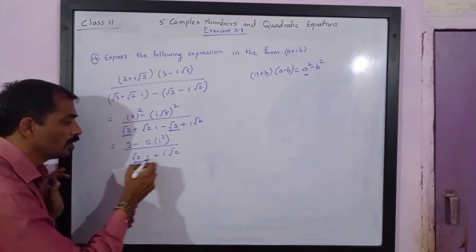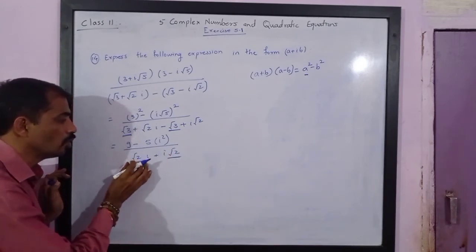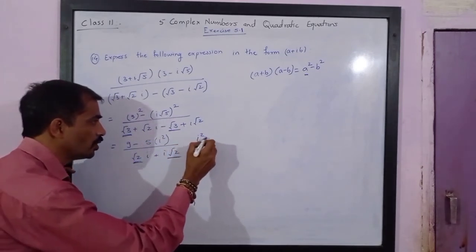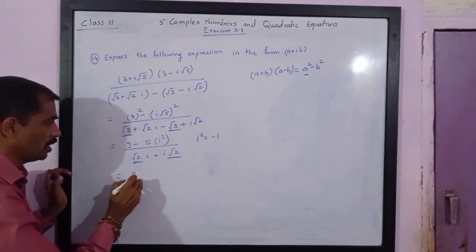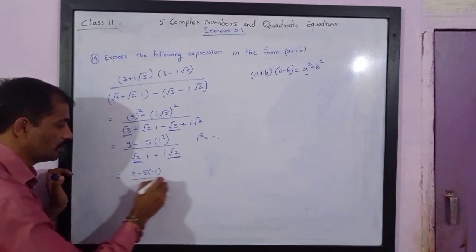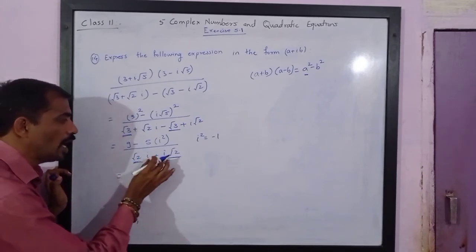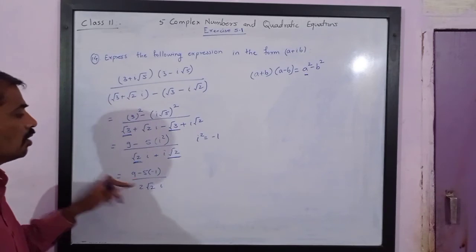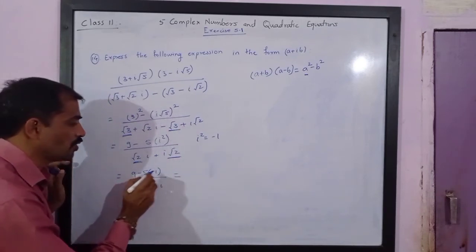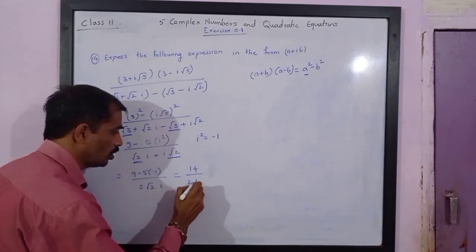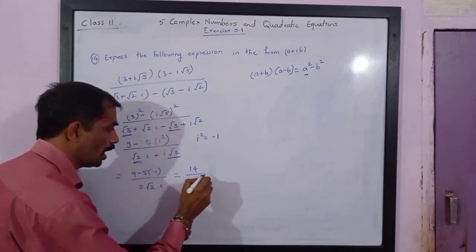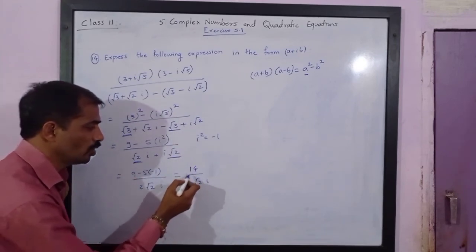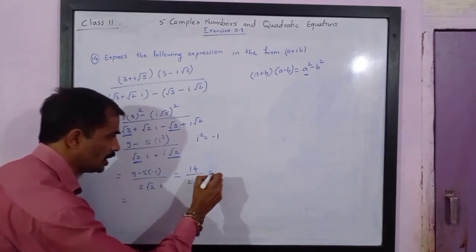Please note, this is same terms, root 2I and I root 2 is root 2I, and here we have I square is equal to negative 1, so this becomes 9 minus 5 into minus 1 upon root 2I plus root 2I is 2 root 2I. Now we will get this is equal to 9 plus 5 is 14 upon 2 root 2I. Now please note, this 14 is reducible by 2, so you will get 7